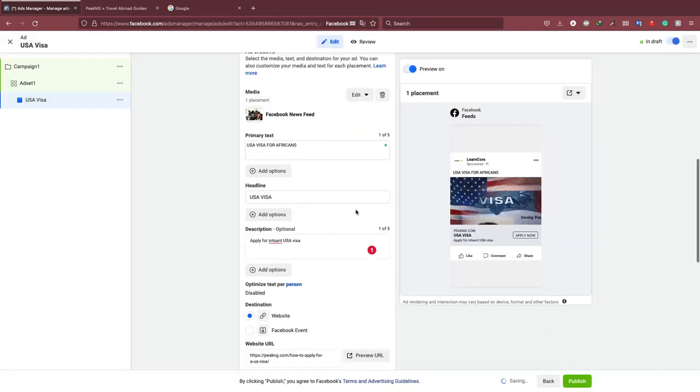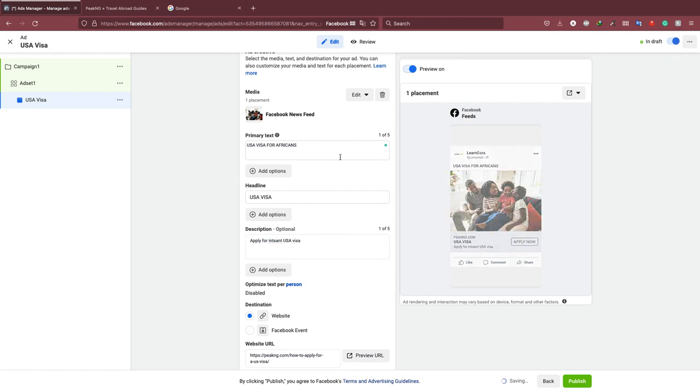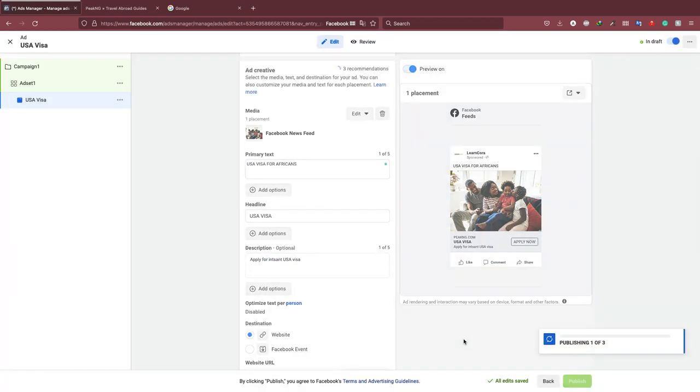Alright, so I think this is fine enough. USA visa for Africans. This shows that they're actually black people, and when people see that they are black people, they feel like okay, this is actually legit. Let me click. And once they click, it takes them to your website where you have AdSense displaying all over